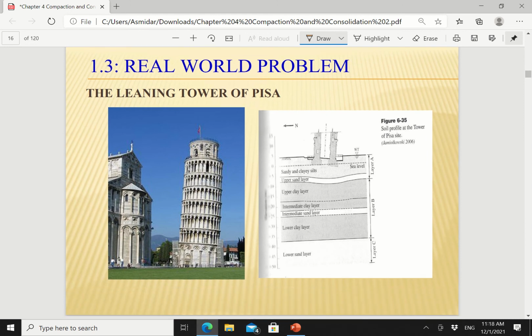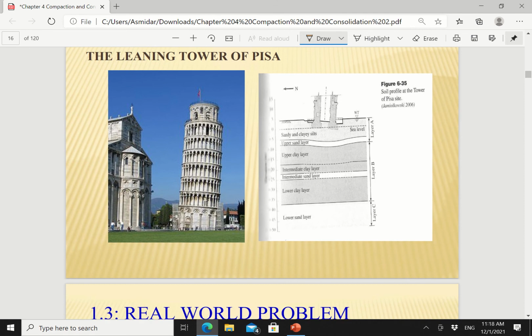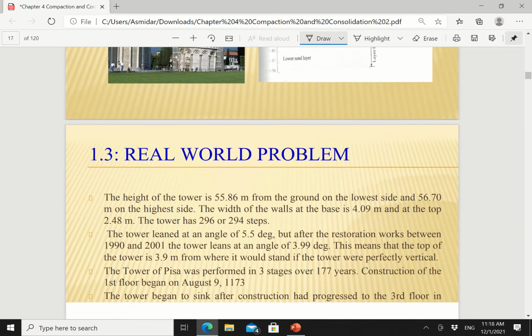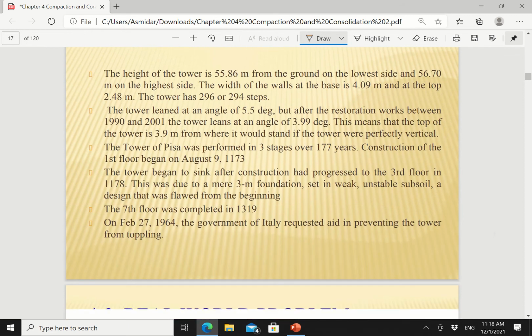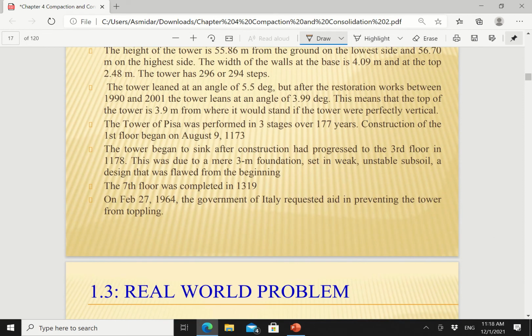The most famous is the Leaning Tower of Pisa. One side has been tilted and the other side is at one position. So you can see that this tower is leaning to the right if you look at this picture. So read all of this information just to understand what we can do if